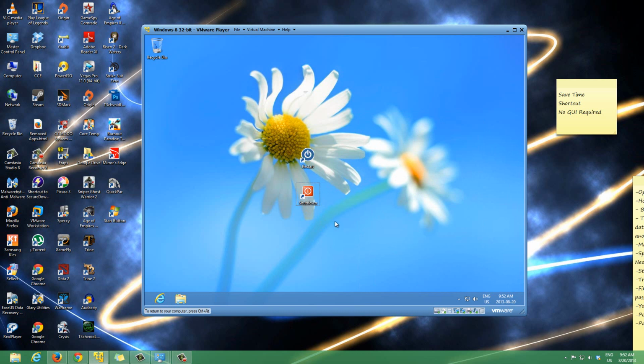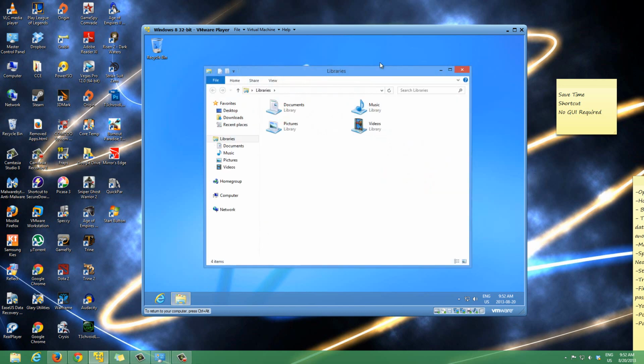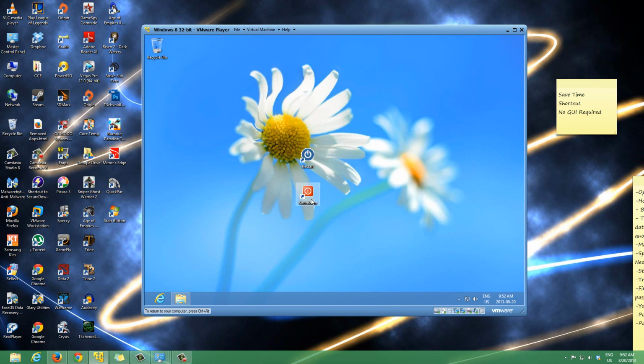So once you're done that, now we're gonna make this the best shortcut to shut down. Because right now, say you're doing work and you have your windows open, you have to minimize everything, come here, double click this to shut down. So we want to eliminate that step. To do that, right click the icon, go to properties,